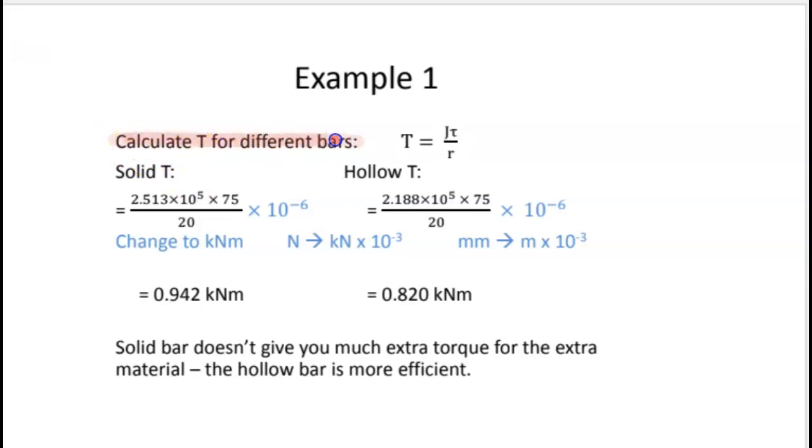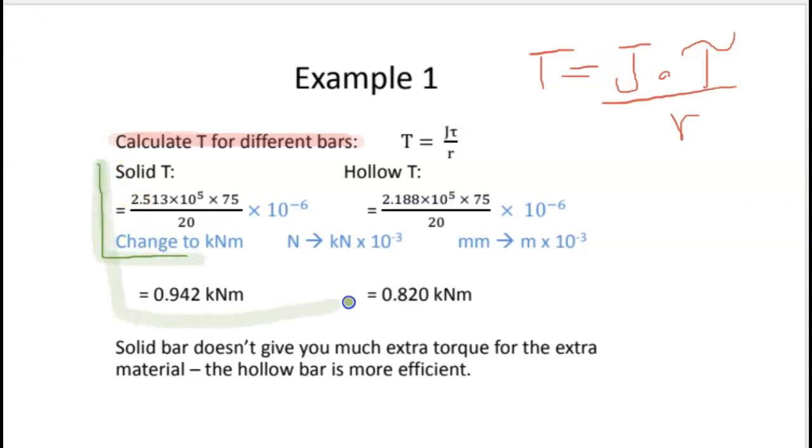torque for the different bars. So I got the formula for the torque. Torque equals J times the shear over the radius. Now for the hollow, I need to do the calculation, and I need to do the calculation for the solid. So let's say for the solid,